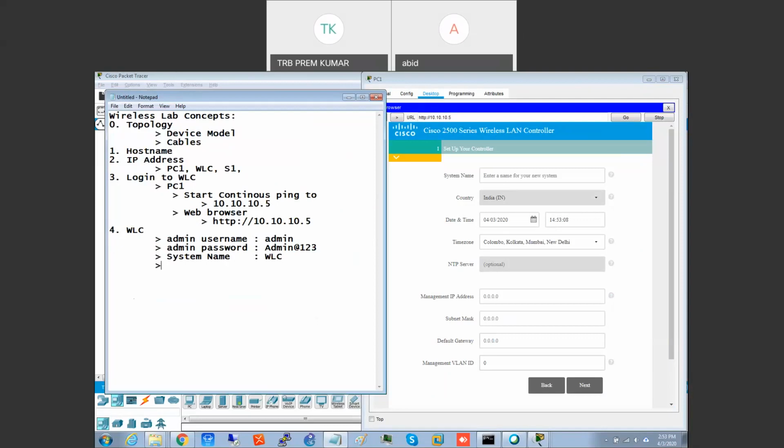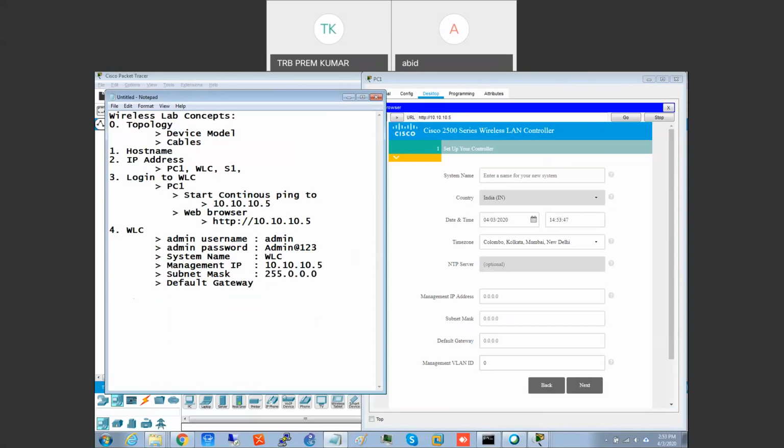WLC, then management IP. Actually, in wireless, there are so many configurations that will come. You will generally get confused in this. Only the configurations will be too much. Actually, it is very limited in Packet Tracer. In real time, 15, 25, 30 configurations will come in a real WLC. I have done that. So here it is very limited. All these things you have to do in one shot in the beginning itself. That's the only thing here.